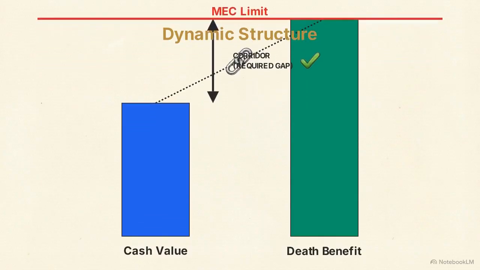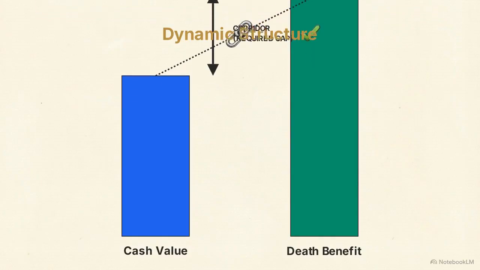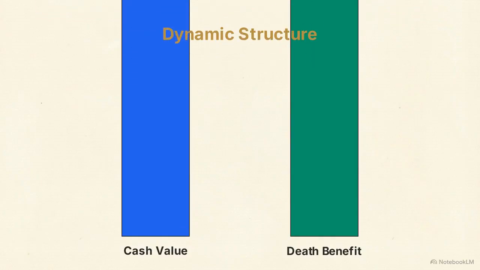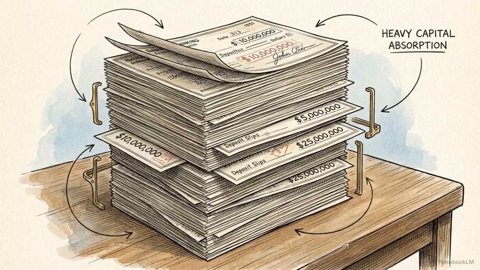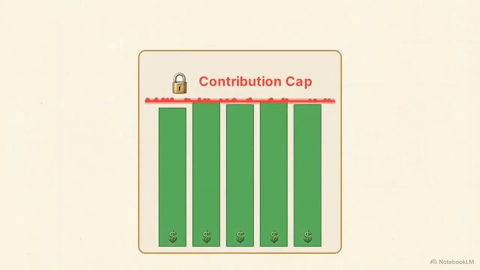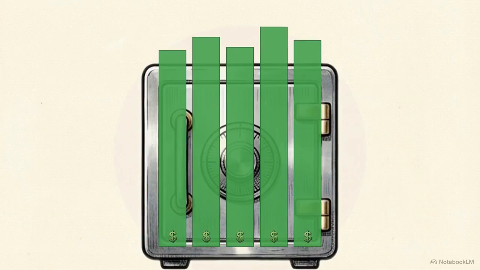Because the death benefit continually adjusts to maintain that corridor, it perpetually pushes the MEC limit higher. You can now inject massive amounts of capital without crossing the threshold. This Option B structure is highly specialized. It is typically maintained only during your working years, actively absorbing heavy capital deposits while you build wealth. Activating Option B removes the artificial cap on your contributions. It transforms a restrictive insurance contract into a dynamic, expandable tax-free vault.